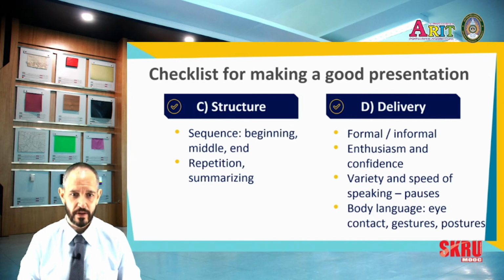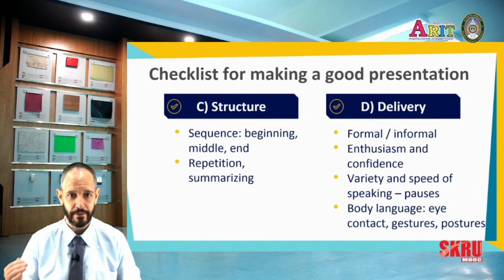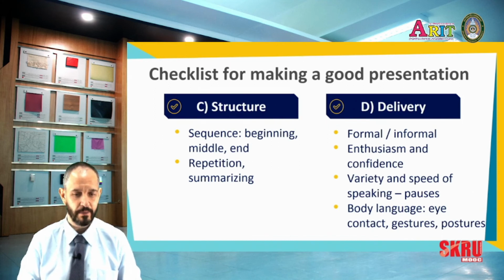Next, the structure. So when you were sequencing, we talked about this in language, the beginning, the middle, and the end, the introduction, body, and conclusion. Are they organized in the right order? Is the information there? We talked about repetition, the importance of repetition. There are two ways you can say exactly the same thing again and again, which can be boring. So sometimes you have to practice saying the same thing slightly a different way, using similar words with similar meanings. And we talked about that in the language